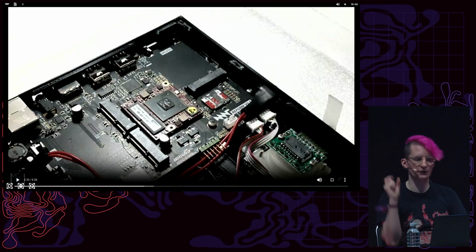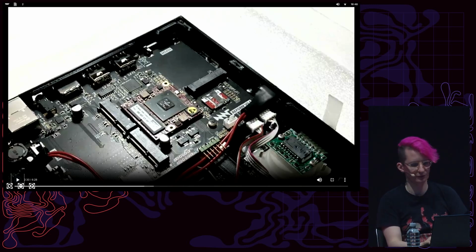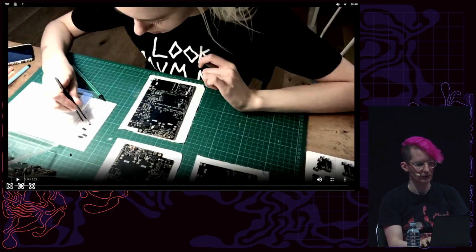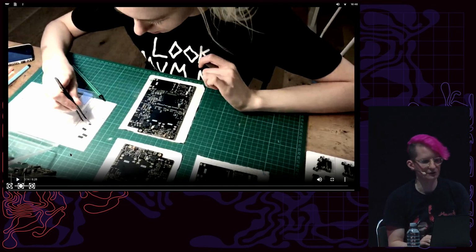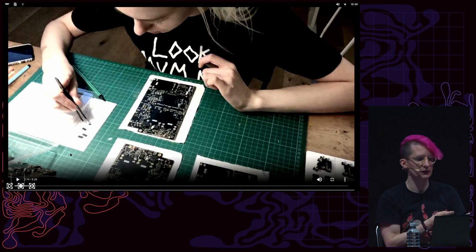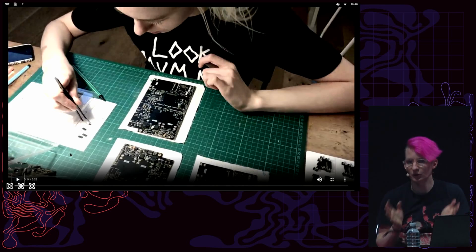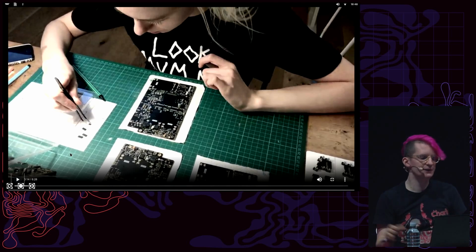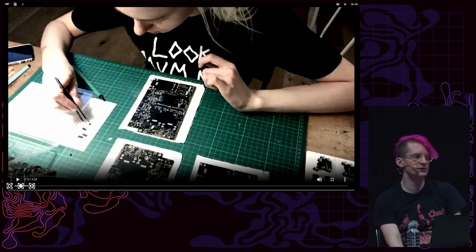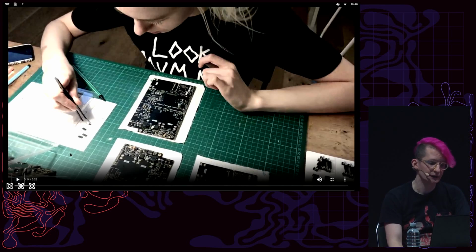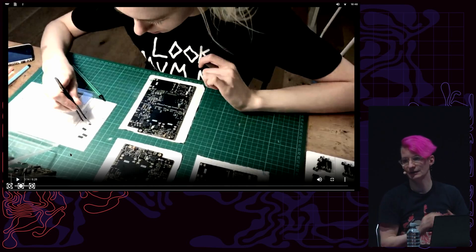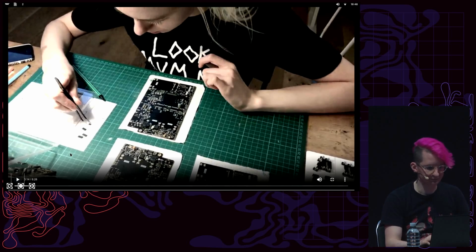This is called a system on module, and it saves you the hard work of wiring up the memory chip and the most critical power supplies for the processor. Also, more importantly, it frees you from dealing with the processor manufacturer directly. Instead, you buy the module from the module manufacturer who has to stock the processor and is willing to sell you in smaller quantities. Most chip companies are not really interested in selling you just one or even 100 processors. Or they have really long lead times, like a year after you order.